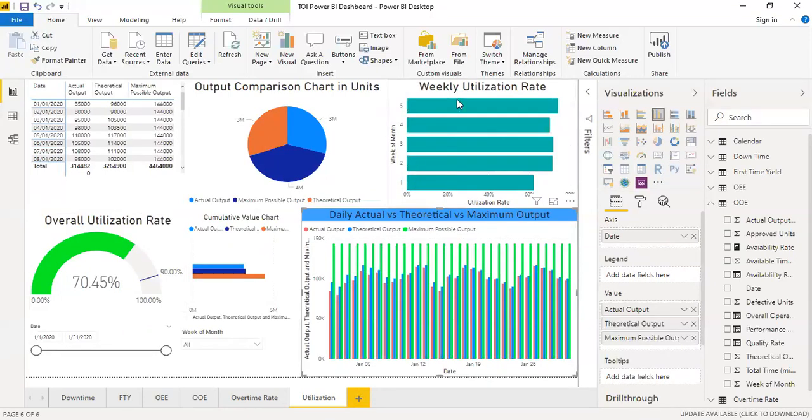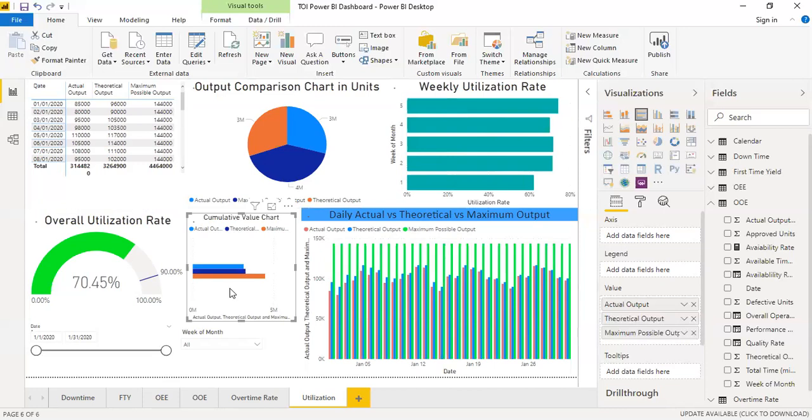देन ये अगेन वीकली यूटिलाइजेशन रेट है कि पर वीक मशीन की क्या यूटिलाइजेशन थी, सो दैट यू नो कि किस वीक में हमने लैगिंग करी है। इसी हिसाब से आउटपुट कंपैरिजन चार्ट्स इन यूनिट्स है कि एक्चुअल आपका कितना आउटपुट होना था और कितना है, मैक्सिमम कितना होना चाहिए, थ्योरेटिकल कितना हो सकता था। दिस इज हाउ इट शोज। इसी तरह फिर हमने ये क्यूमुलेटिव वैल्यू चार्ट शो करा है